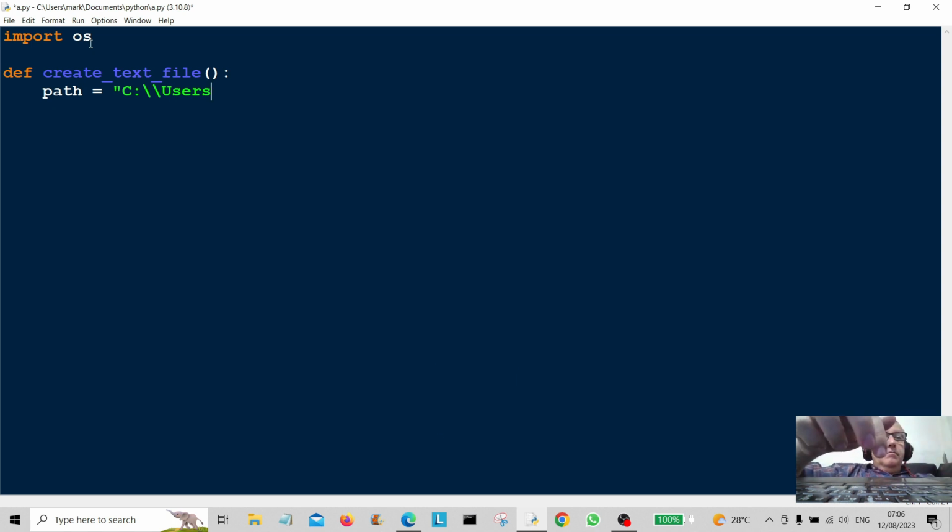Users, my desktop path is this. Whoops. Your desktop path is going to be different, so don't type this in for you. You'll have to find your own unique desktop path, because if you simply type this in, it's not going to work for you. Then we're going to use os.chdir to change directory to this path,